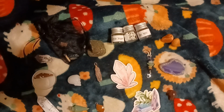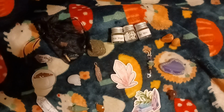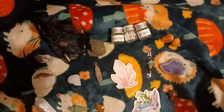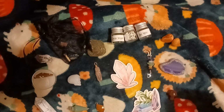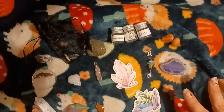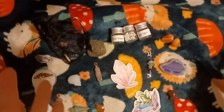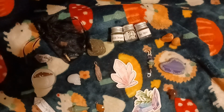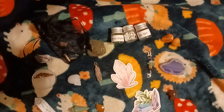But that brings our unboxing of the PonkaPotionShop Advent Calendar to a close. As you can see, this is a very stone-heavy calendar with a great sampling of different precious stones that you might find to use in spell work, and stones in different forms like carved stones, necklaces, pendulums, and chips in jars. So it definitely gives you a good variety to fill out your witch's kit and also see what kind of items are available to